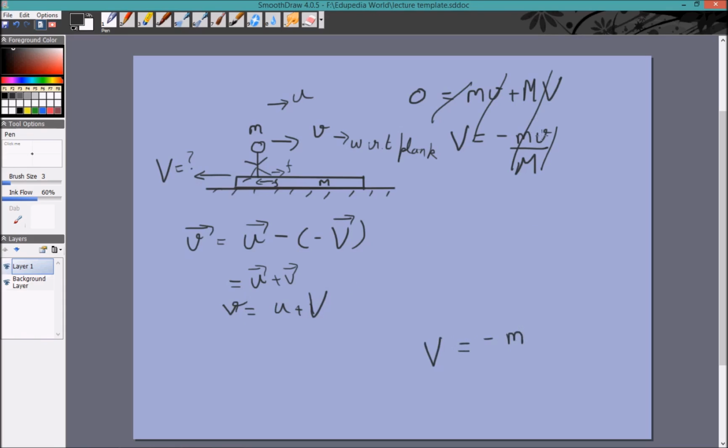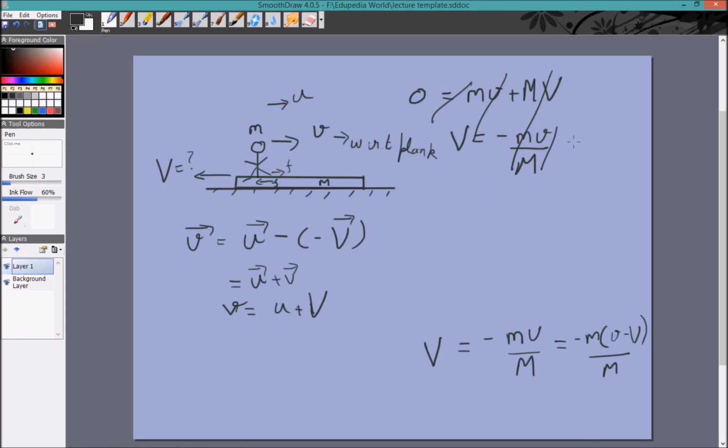Right, so in this case capital V will be minus mu by M. Now this u was with respect to the ground, but we don't know u, we were given v. So v is u plus V. Right, so u is small v minus capital V. So it will be minus m (small v minus capital V) by M. So easy enough, right? What generally they do is, instead of giving the speeds with respect to the ground,